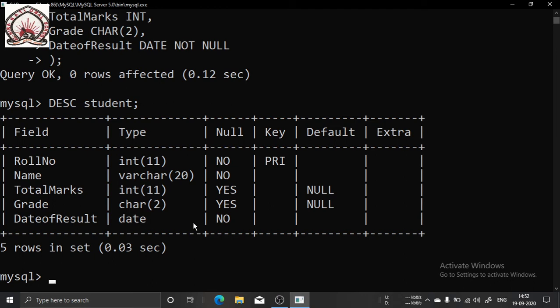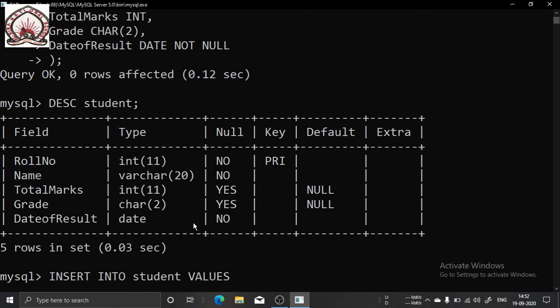Now how to insert values in a table? I am going to show you how to insert values. The command to insert values in a table is INSERT INTO table name. My table name is Student. Insert into student, then VALUES, values.